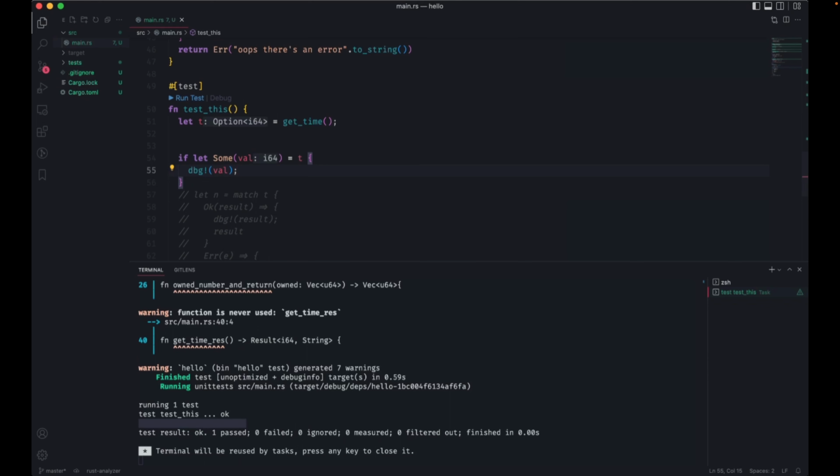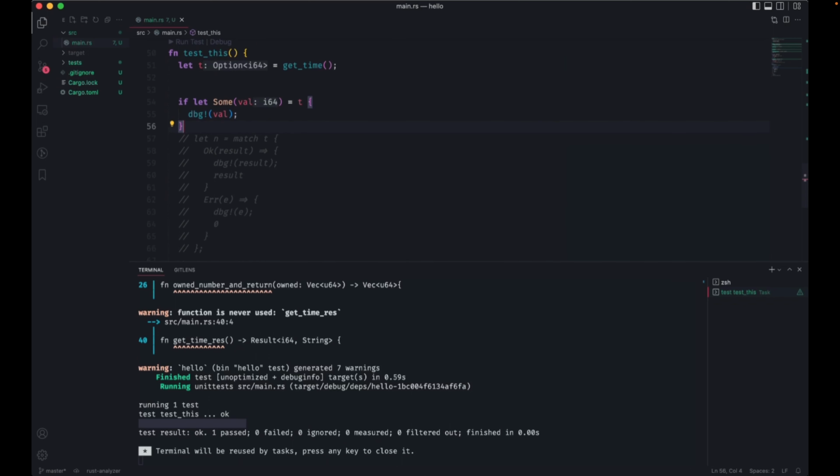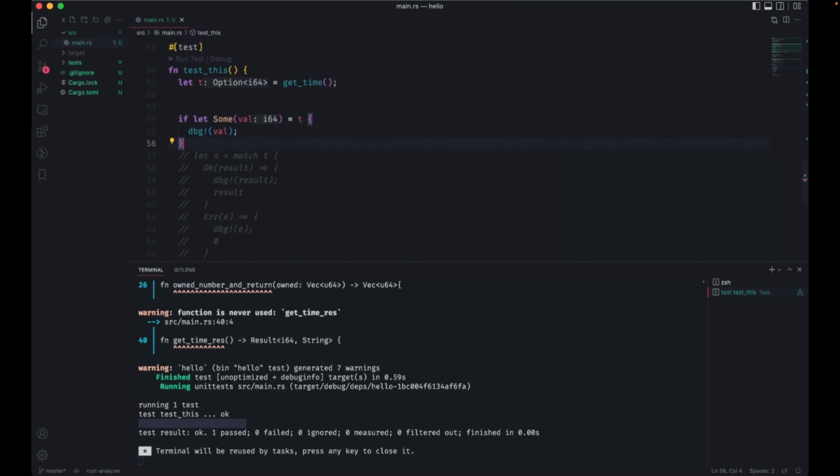This is also better than using unwrap or expect, to Wade's question, because it allows you to handle it in the case of an error. In the case of an error, it just does nothing. It's only checking for when something actually exists.